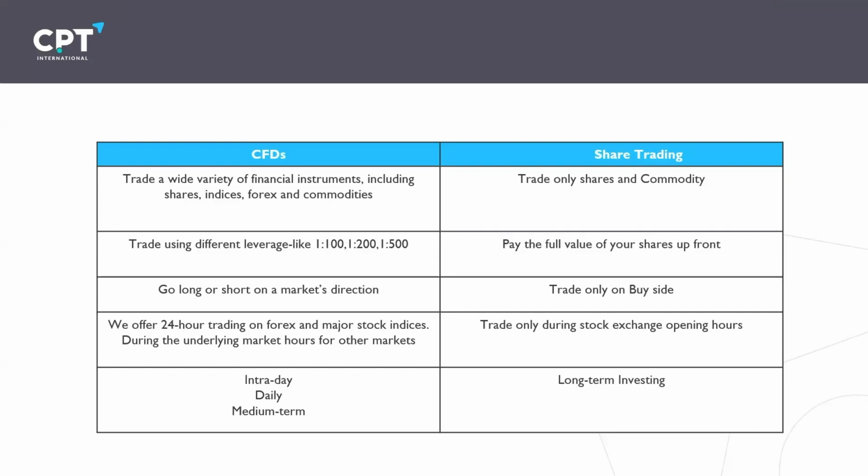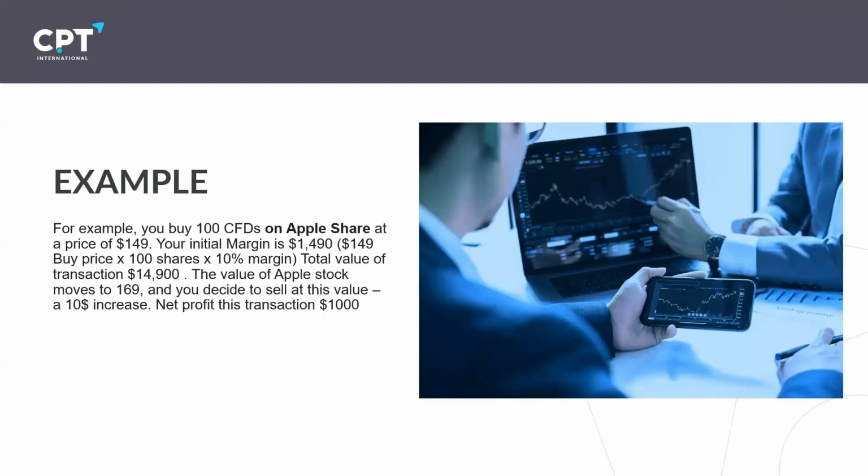But when we are buying for share trading, we have to use 100% of our money, and we can hold for a longer period. In CFD trading, we can go short and long. If we feel the market is going down, we can go for short positions, and if we are looking for the upside, we can go for the long position. In CFD trading, we have a lot of options to use for trading.